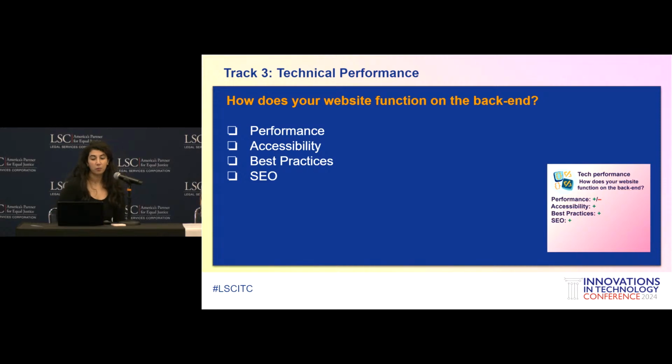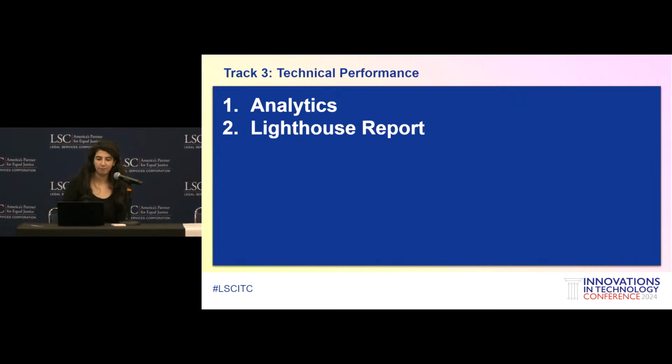So when we talk about your website, how it functions on the back end, there are certain things that we look at. We look at performance. So again, how fast is your website? Is it fast or slow loading? We look at accessibility, and this definitely overlaps with design as well. If you have huge resolution images on your website and you do not resize them, and they are in a certain format, it can cause your website, for example, to lag. So that's one of the things that we look at. And then we also look at things like SEO. Do you have analytics, Search Console? Do you have schema, which Erin and Marta will talk about in track 4. So I'll hand it back to Kathleen for a portion about analytics.